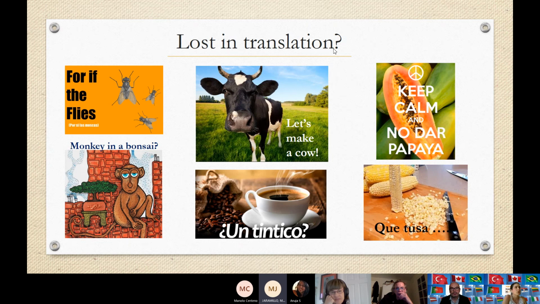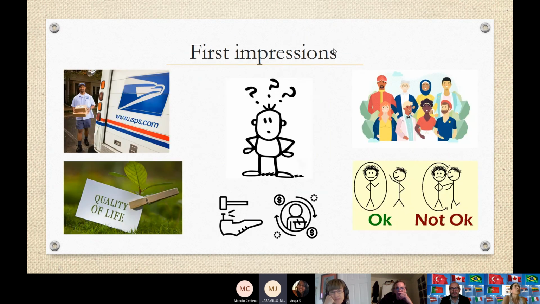Then let me show you the next slide. What were our first impressions? For this, I asked my friends, what was the most striking thing when you arrived in the US? And one was like, hey, here the postal office works. Because in Colombia, this is a mess. We don't trust it. Everything gets stolen. We don't send checks. It's really a hazard.